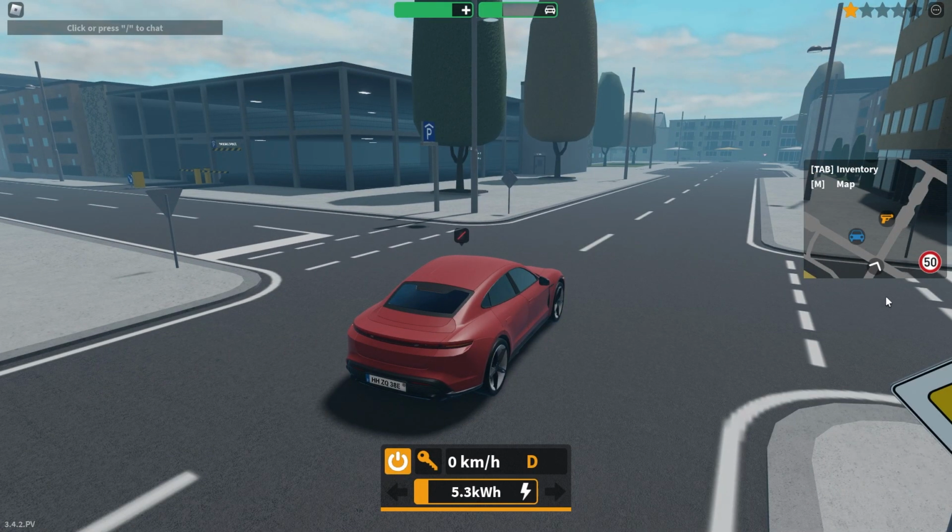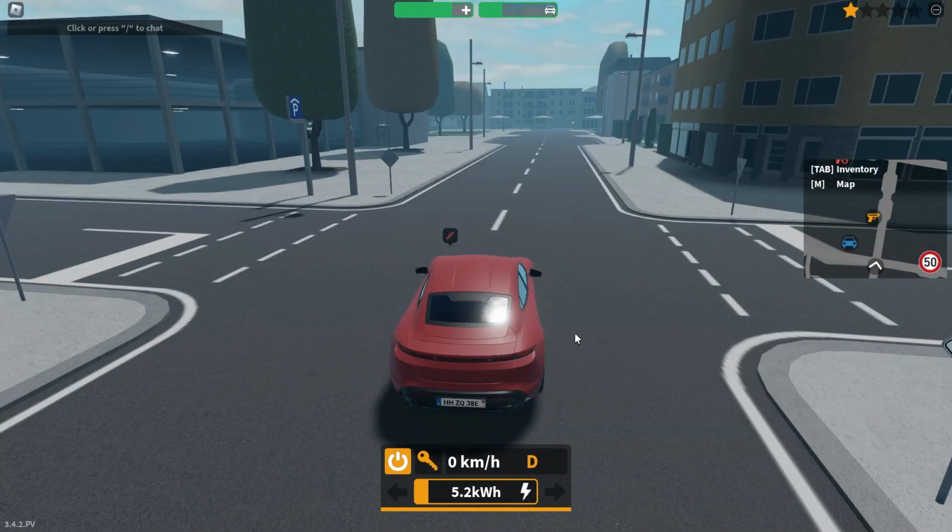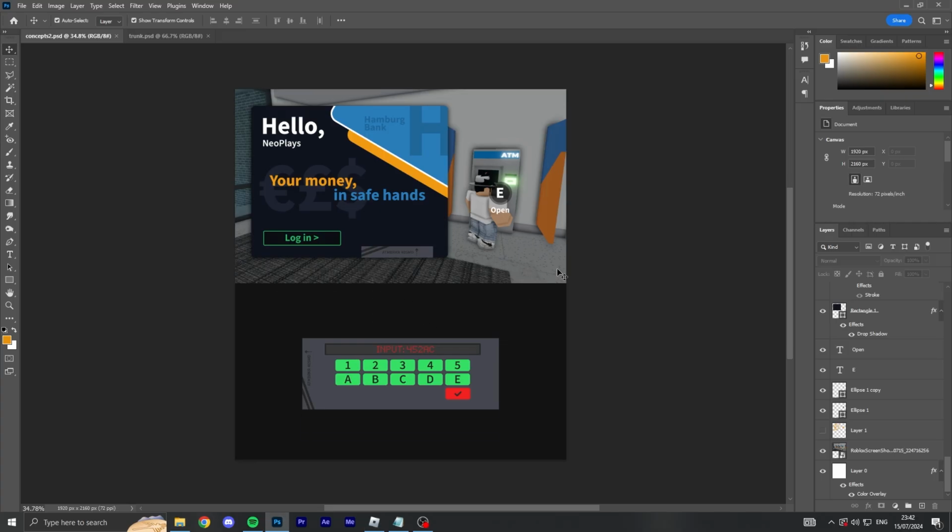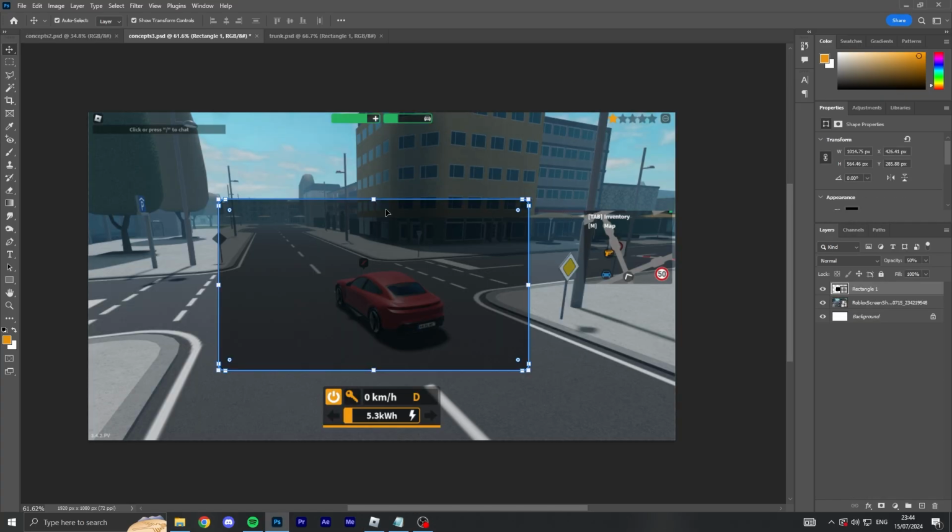Basically, that's the concept. Under the map is going to be a preview of your 4 seats, or however many seats are in the vehicle, and you can basically click on who you don't want in there, and it will eject them, so you don't have to lock the entire vehicle. Just a quality of life feature really, and I think this is gonna be a great one. Nice and quick. Alright everybody, here is the photo.